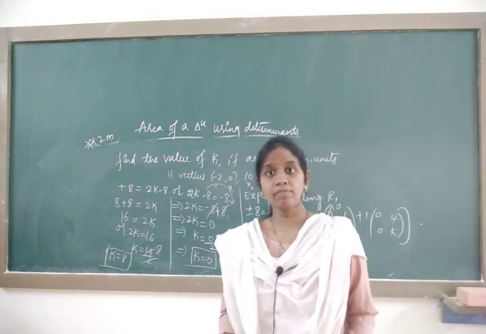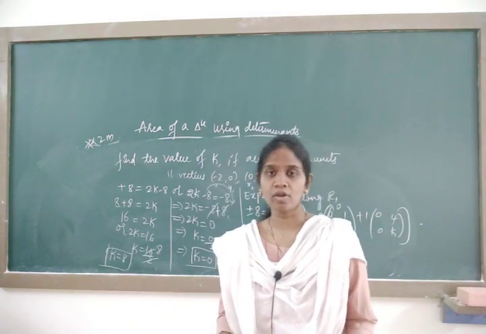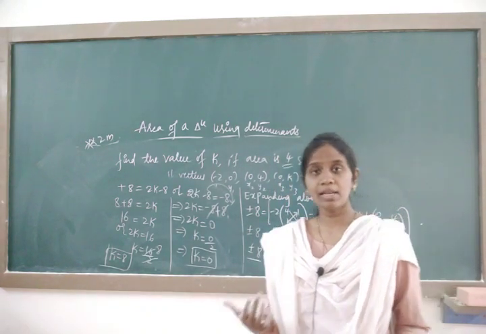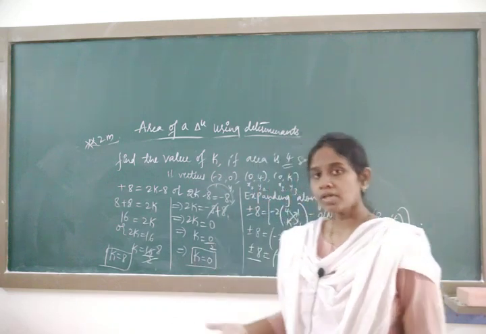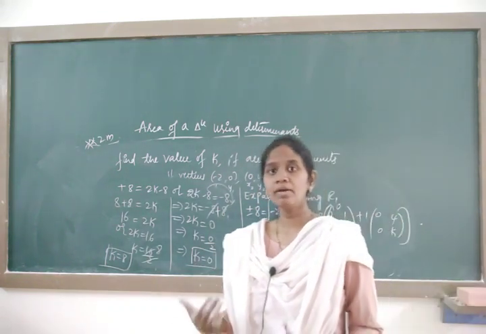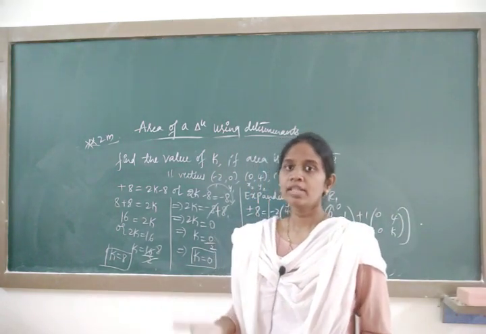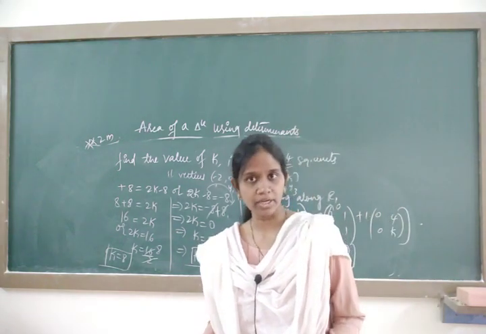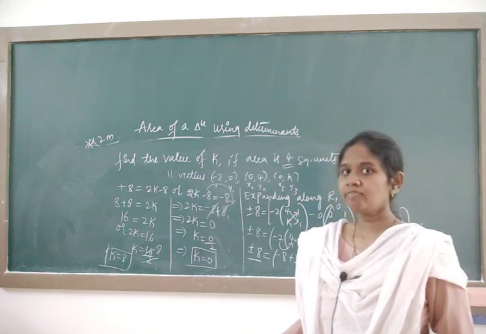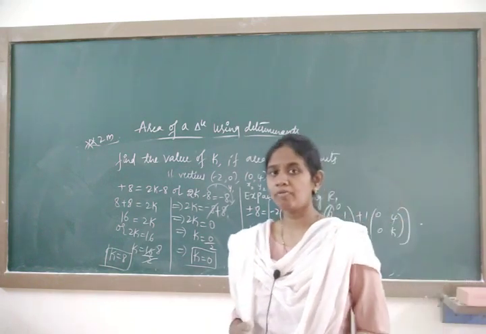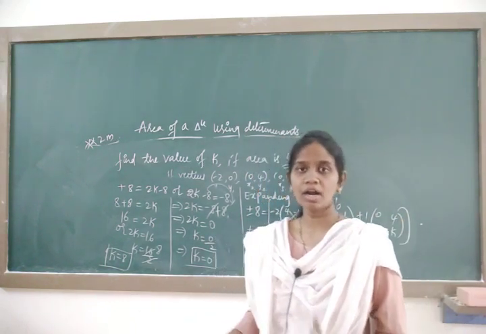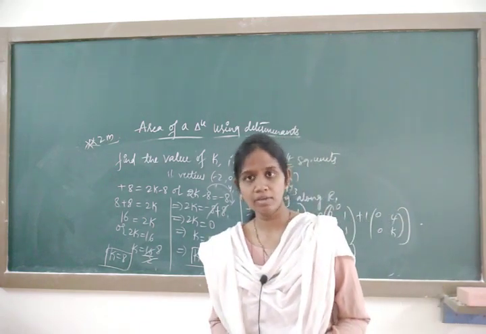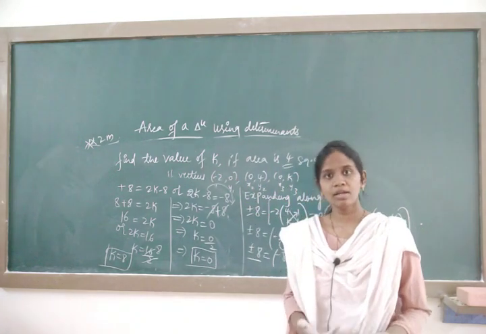So, in the next session we will move on with the inverse. Already we have studied the inverse in the case of matrices by using the elementary transformation. Now the inverse can also be found with the help of a formula: A inverse equals 1 by determinant A into adjoint A. To get the adjoint A, we need the minor, then the cofactor, then the adjoint definition. The overall substitution will give the inverse. That we will see in the next session.